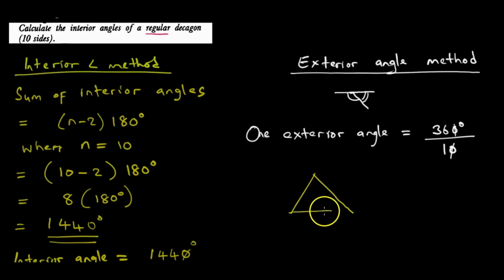Equilateral triangle, that's my go-to. So let's draw it like this. We know that since these sides are equal, this will be 60, 60, and 60. Can I calculate this exterior angle? It's just 180 minus 60, which is 120. 180 minus 60 here, 120. 180 minus 60, 120. So you can see that if our shape is regular, my interior angles are equal, and my exterior angles are equal as well.